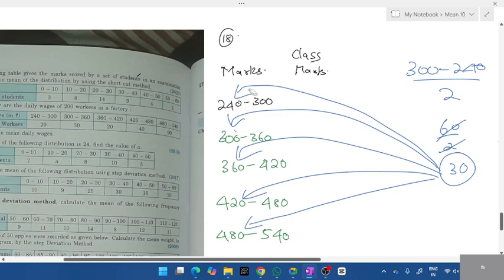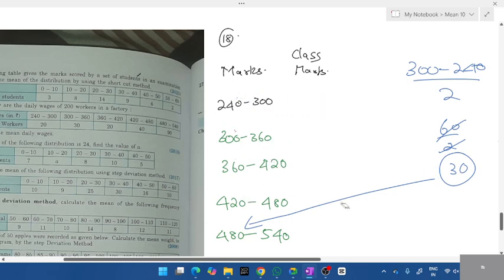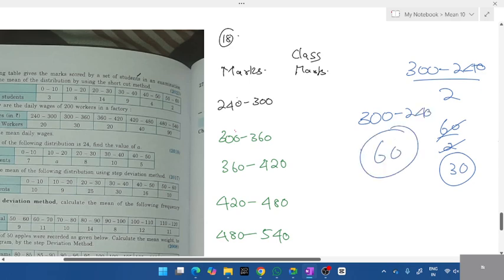Yeah. So I've taught you both. I've taught you three methods: add and divide by 2, subtract and divide by 2, like this. So 30 is the difference. The difference will be same for all the questions. It will not change. So the difference is 30. Remember, 300 minus 240 is 60. Don't add 60 and 240. That is wrong. You have to divide. The formula is